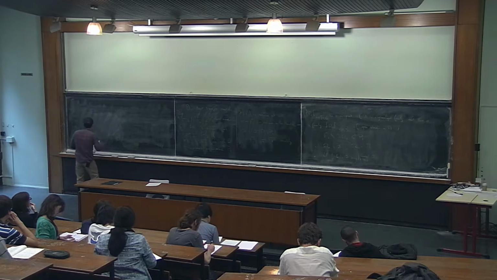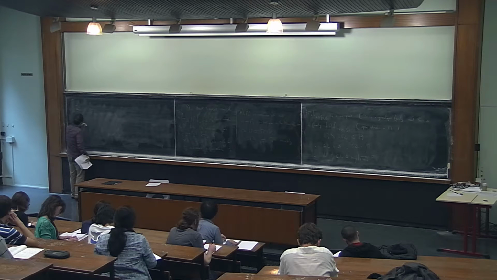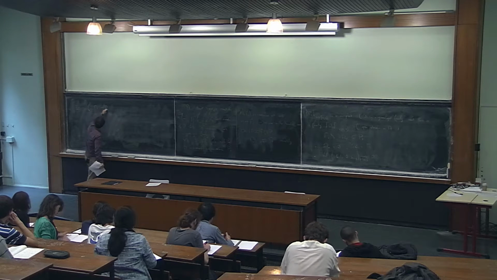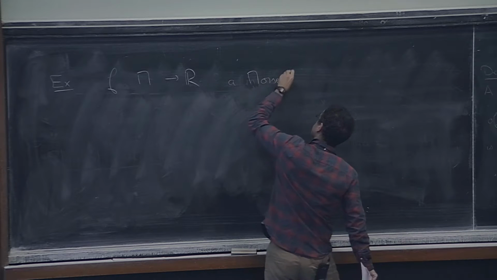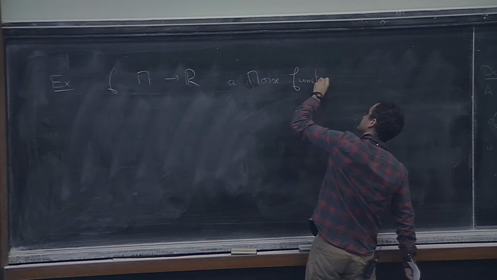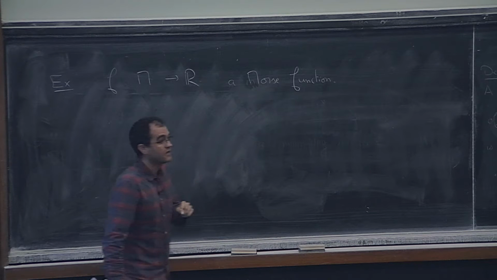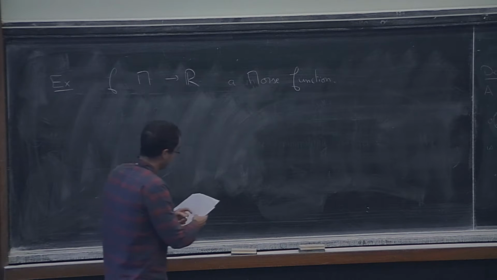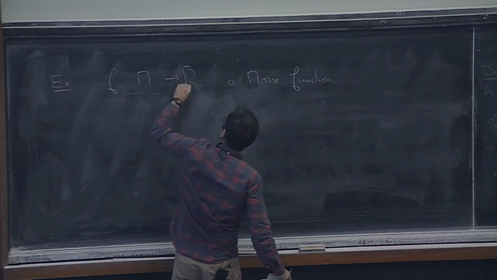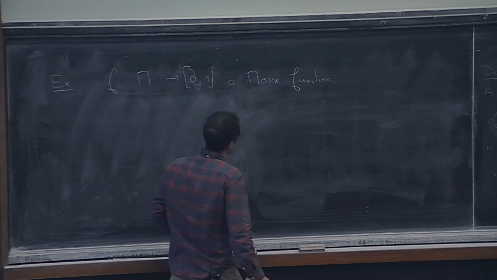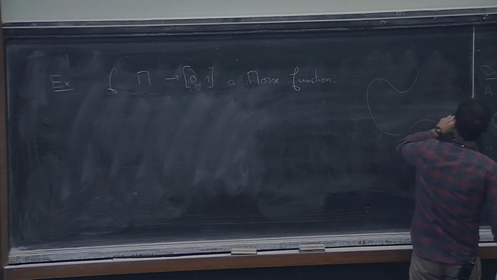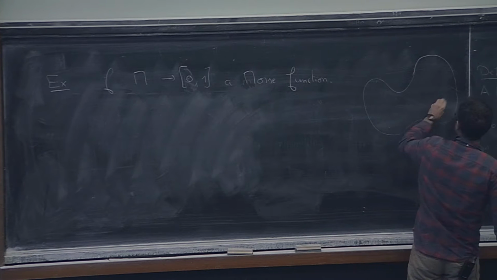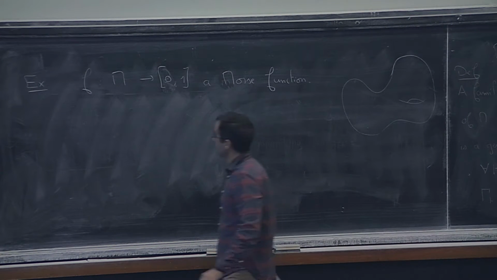So what is the example? You take f from M to R a Morse function. And the thing you do is the following, not from 0 to, but from 0 to 1. So you have your surface there, your manifold M there, maybe with some topology somewhere. And you look at gamma sub t